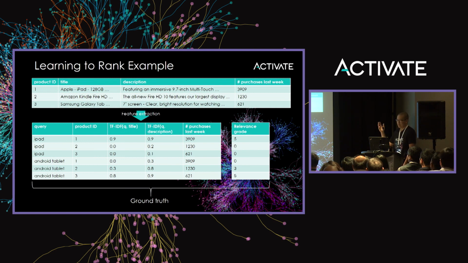The TF-IDF between the query and title, and so on. And I need relevance grades for each of these query document pairs. And I got those from my boss when I was working at that company. But you need a sense for what the right answers are, and we call that ground truth. So the idea is to train a learning to rank model using ground truth in order to produce a model